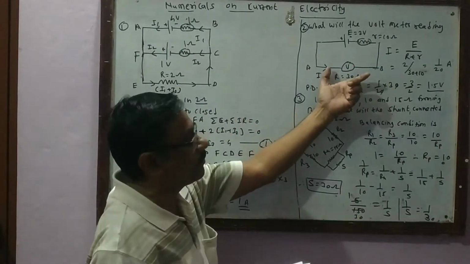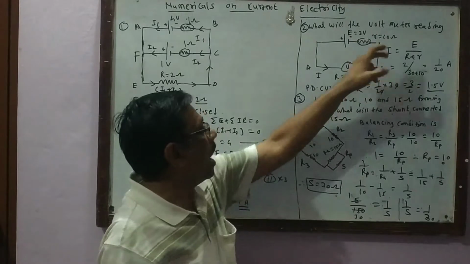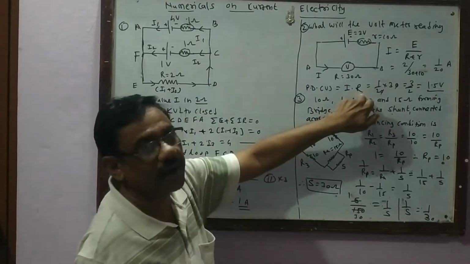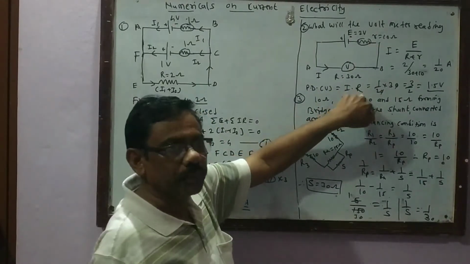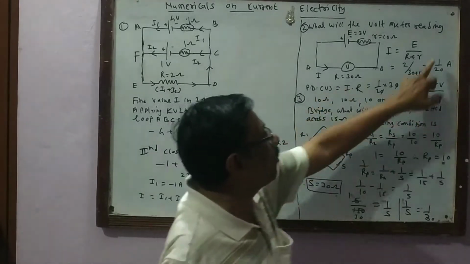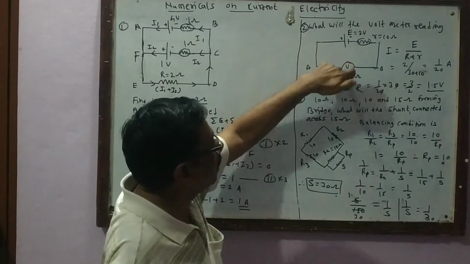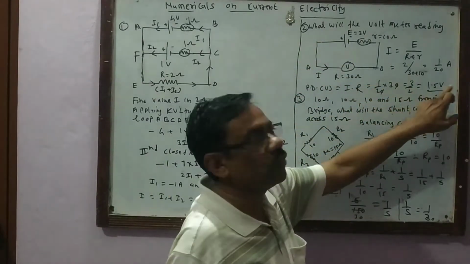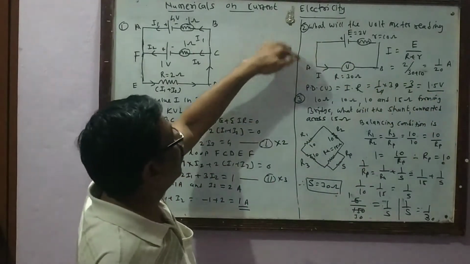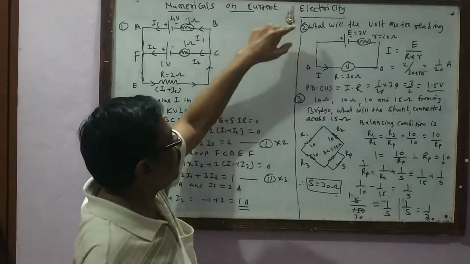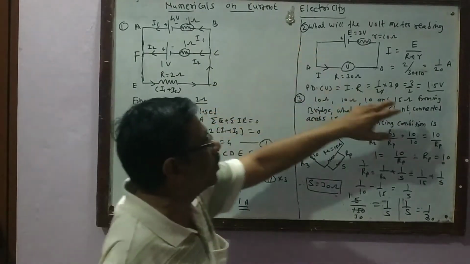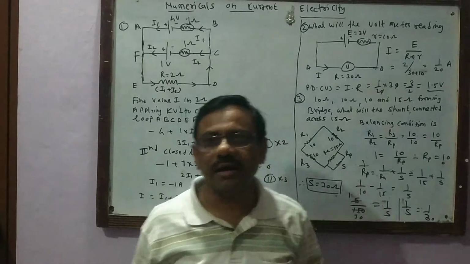That is the potential difference across these two terminals, and therefore V is equal to I into R. This will be the voltmeter reading, that is 1 upon 20 multiplied by R, the resistance of the voltmeter, which is 30, and therefore 3 by 2 is equal to 1.5. So the voltmeter reading is 1.5 volt. This is the second exercise.